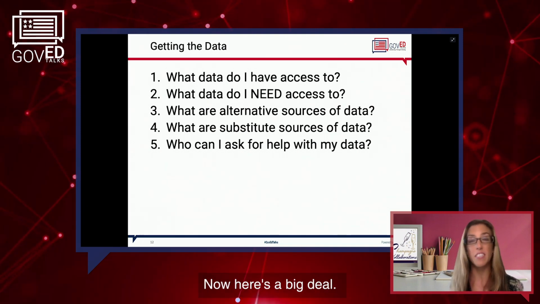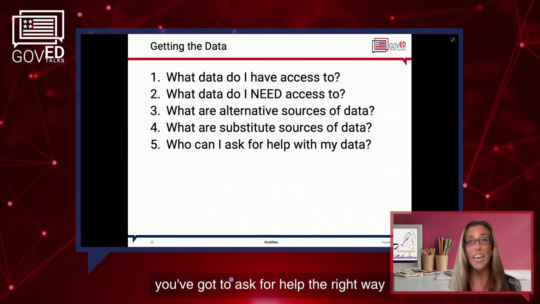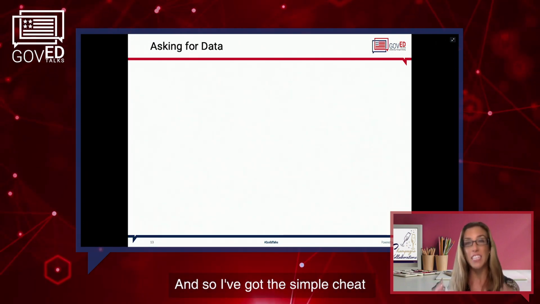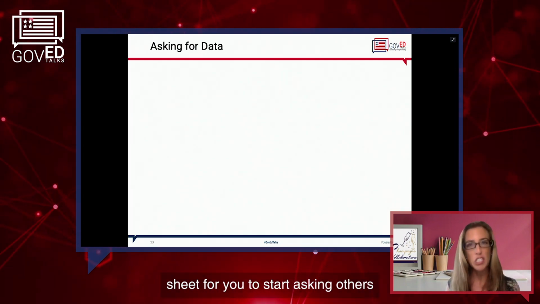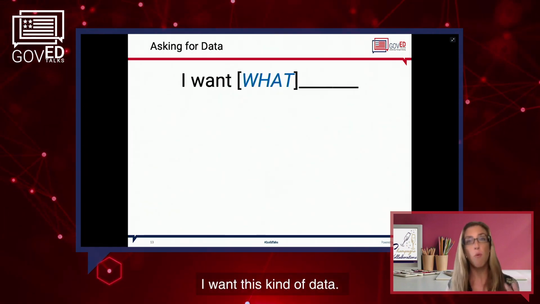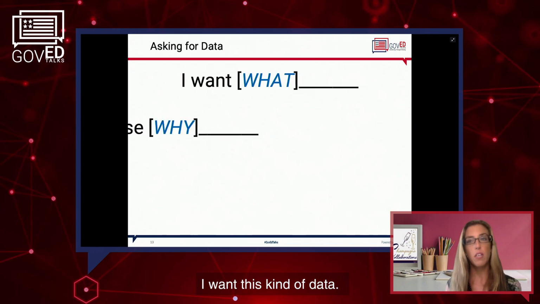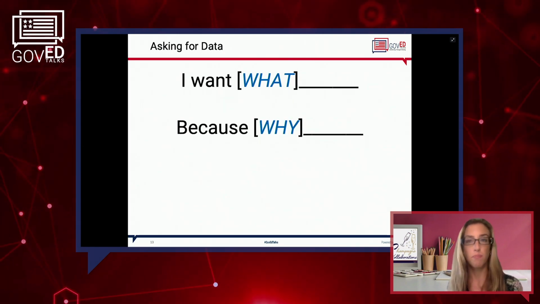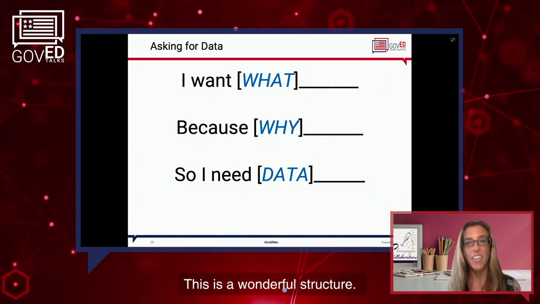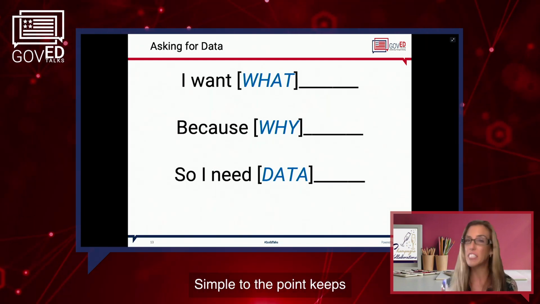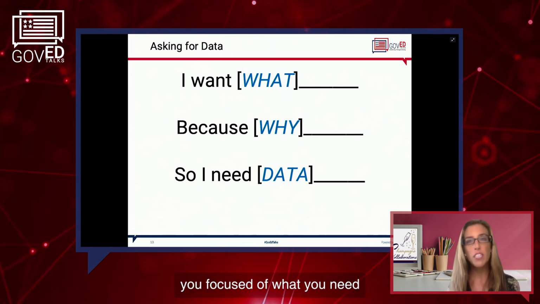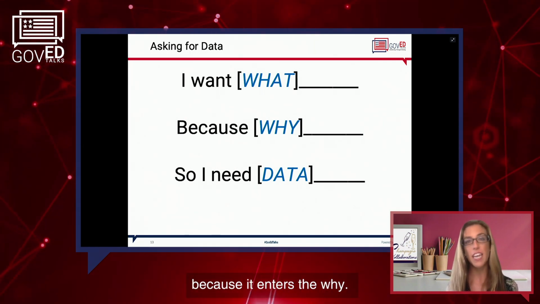Now, here's a big deal. When you ask for help, you've got to ask for help the right way. You want help with your data, you've got to ask the right way. So I've got this simple cheat sheet for you to start asking others when you want data. Tell me what. I want this kind of data because why? So what exactly do you need? This is a wonderful structure, simple, to the point, keeps you focused on what you need